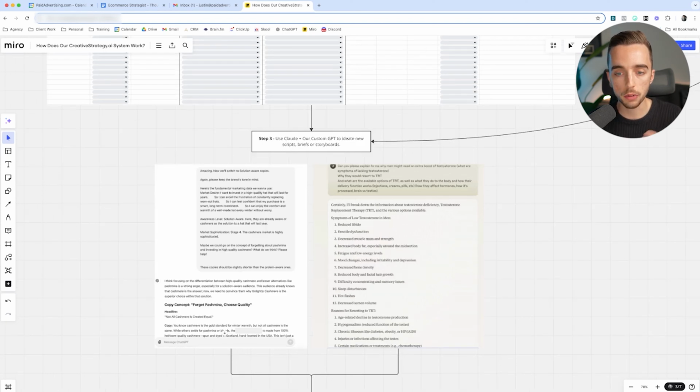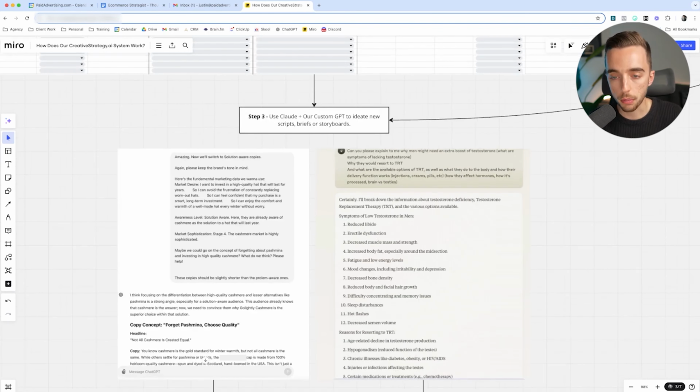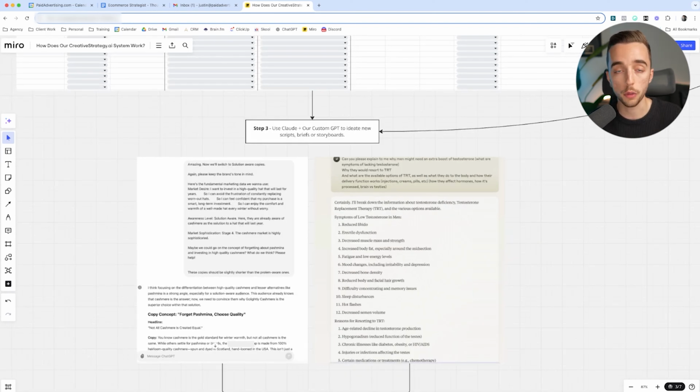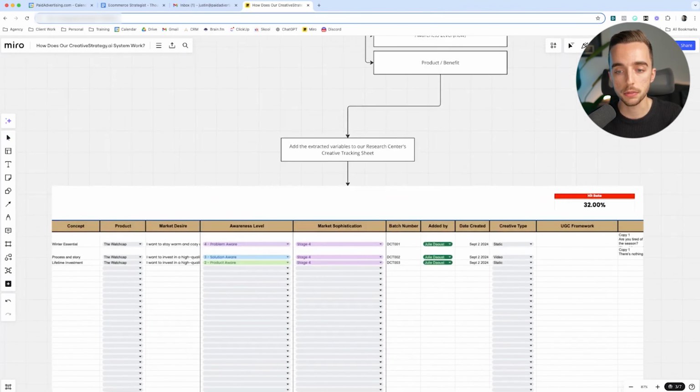So I've built several threads on both Claude and ChatGPT where we've prompt engineered the start of the thread to tell it, hey, behave in a certain way. You are a marketer. You're going to help us ideate or create new ad variations based on winning concepts. Some of the stuff that you can do in there is feed it some of the variables that you